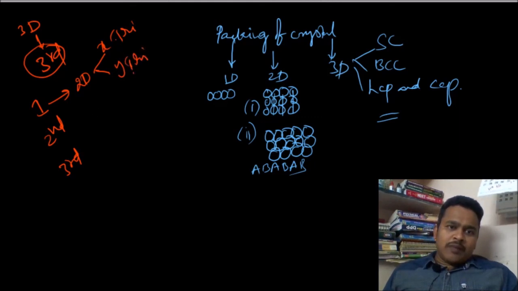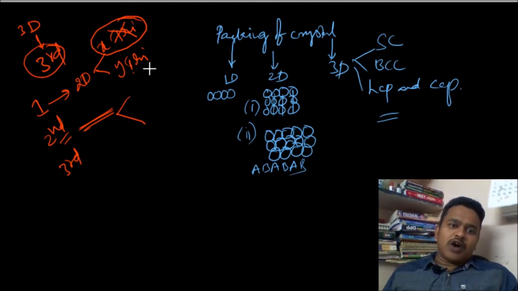Any one gap you have to fill to get the second layer. We fill the x gap, and once it is filled, the second layer is formed. Then we can observe two types of voids: tetrahedral void and octahedral void. A tetrahedral void is formed by below 3 spheres and above 1 sphere,